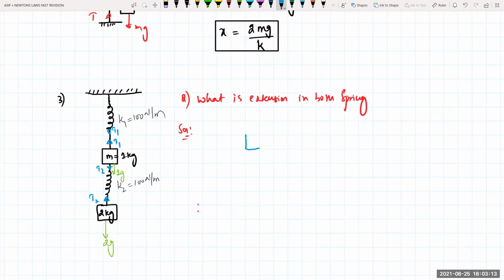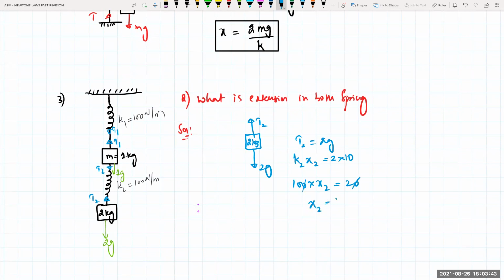Now take the FBD for this one carefully. If I'm taking an FBD right now for the 2 kg block, now tell me what are the forces acting? One is the weight, 2G, another one is nothing but your tension T2. In equilibrium, T2 will be equal to how much for me? 2G. Okay? Yes. So T2 is nothing but spring force only. So K2 into X2 will be equal to 2 into G, where the G value is 10. K2 is given how much for me? 100 into your X2 will be equal to 20. So this 0 will get cancelled.